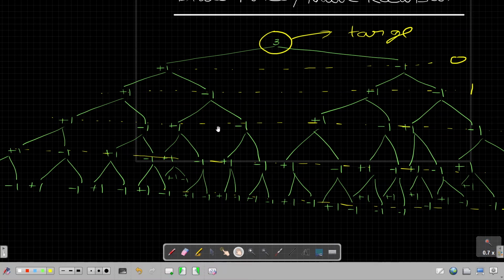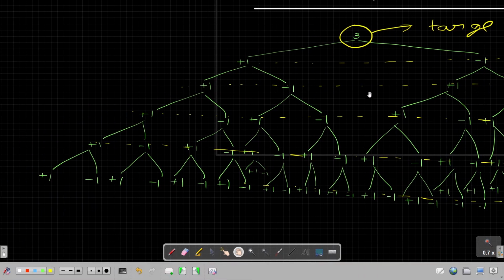Using plus and minus of that number, right? These are all the number of ways, right? What you can do is you can implement recursion, and you can calculate all the paths which yield a sum of 3. So for example,